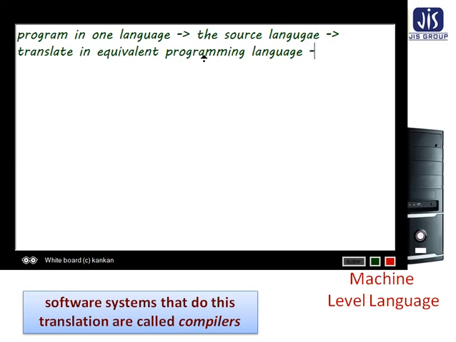And after that you need to execute it in the target language, that is machine language. So we have learned that the program you write in one language is the source language or source code.